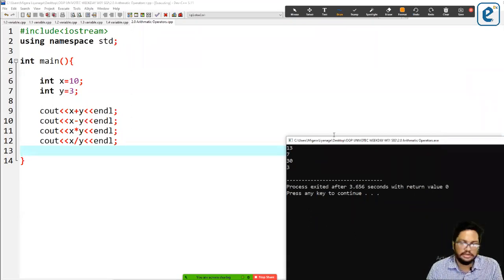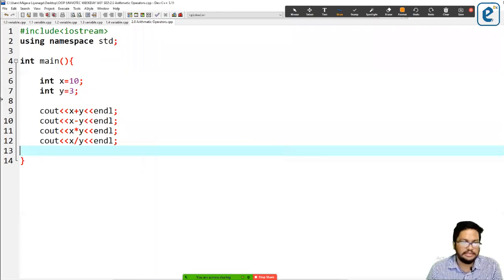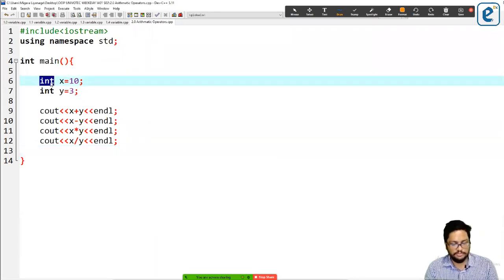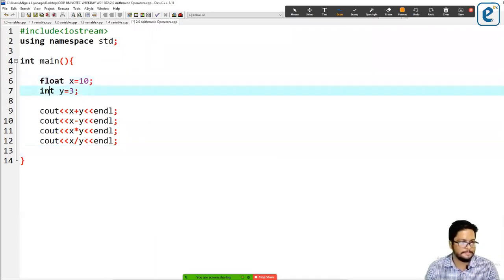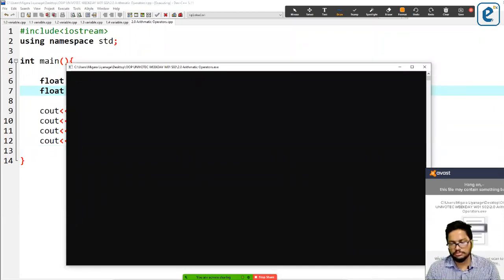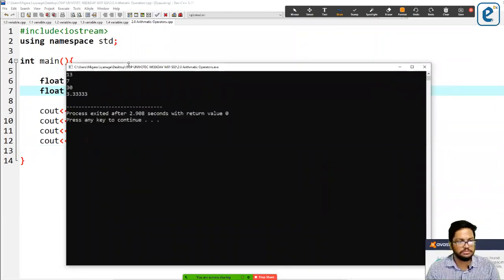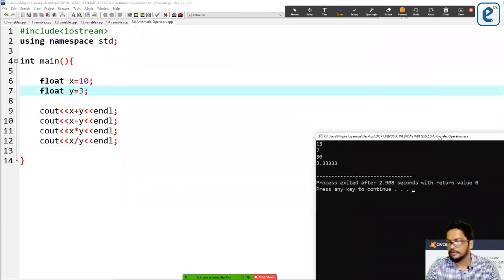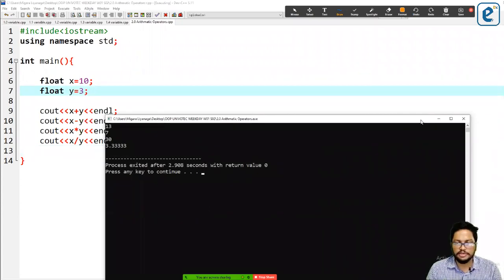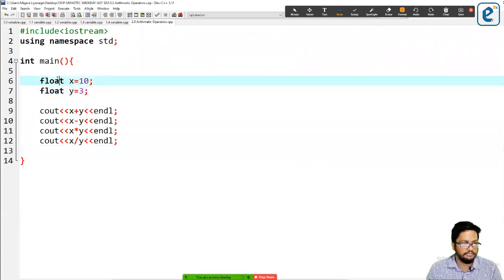Now if you make it float, then it will work. See, right? If you convert it to float, it works.